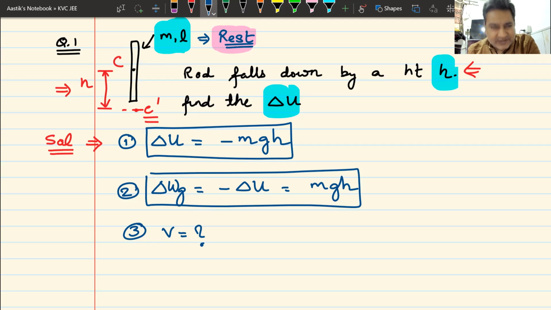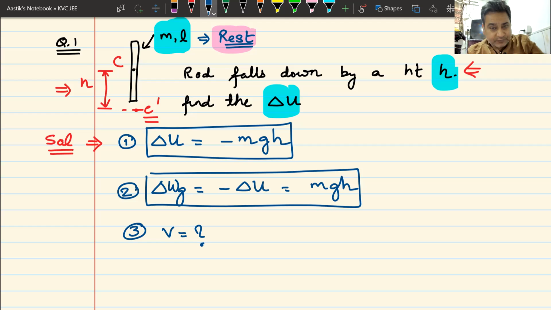Never, never apply all these three formulae: v is equal to u plus at, s is equal to ut plus half at square, v square is equal to u square plus 2as. Remember, they're only valid when acceleration is constant. And you will hardly get a question of constant acceleration. So that formula has to be out of your head as soon as they come. Only apply them when you are sure that acceleration is constant.